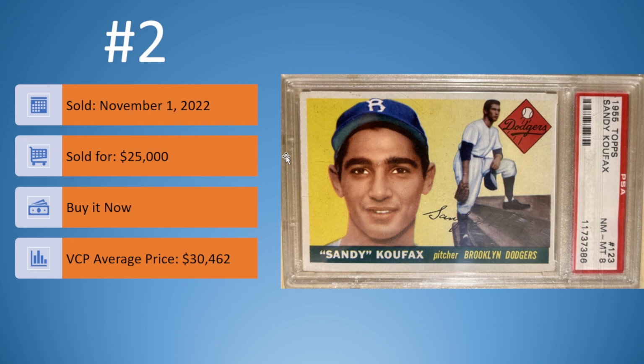It does look like there's some off-centering, maybe left to right, but overall, generally a really nice example of that Sandy Koufax rookie card. This sold on November 1st for $25,000. It was a buy it now, but again, below the VCP average price of